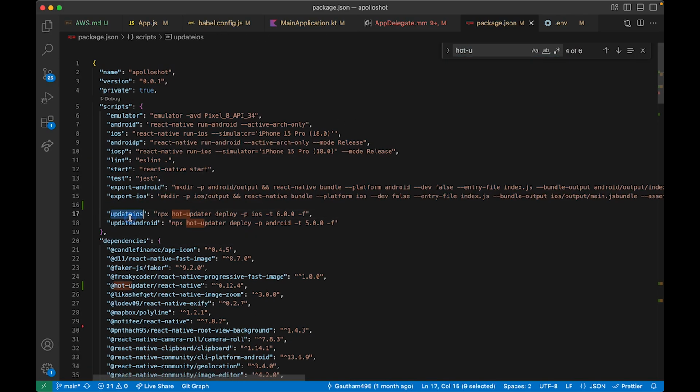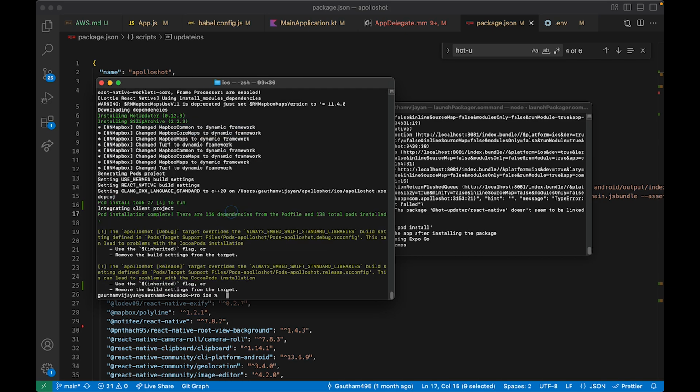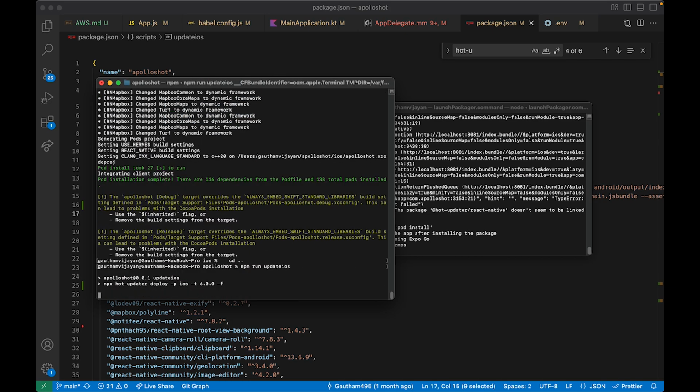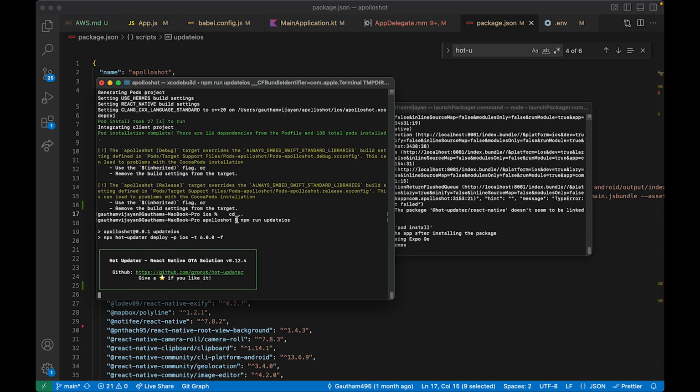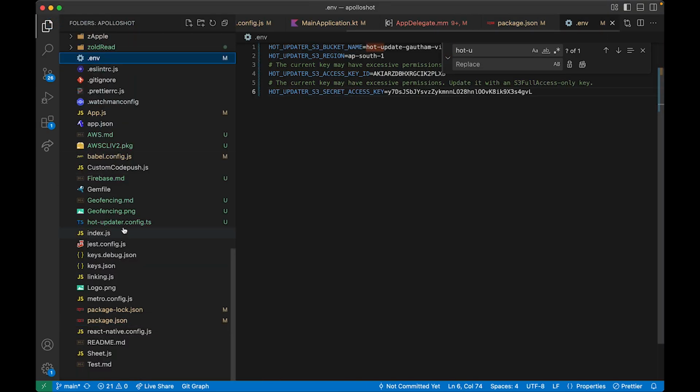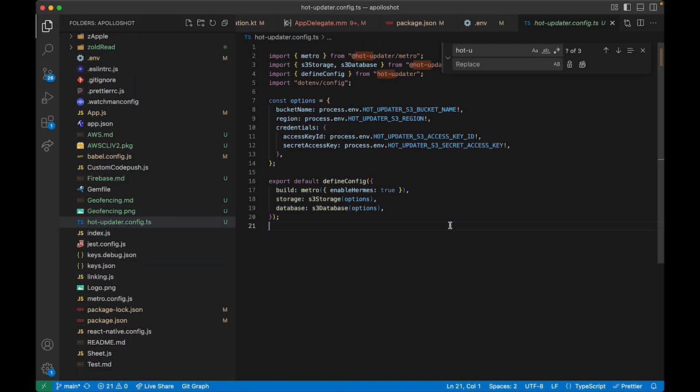So I'm going to go here and run npm run update iOS. I'll show you what is going to happen. The bundle, as I said, I fixed some issues, and then the bundle is building, and then with the credentials present in the env and this hotupdater.config.js file, it will upload the JS bundle to